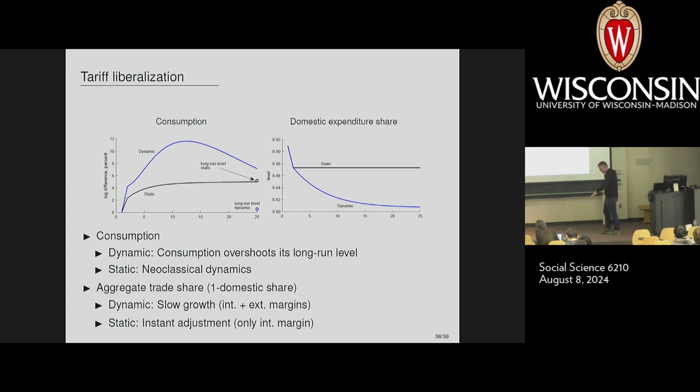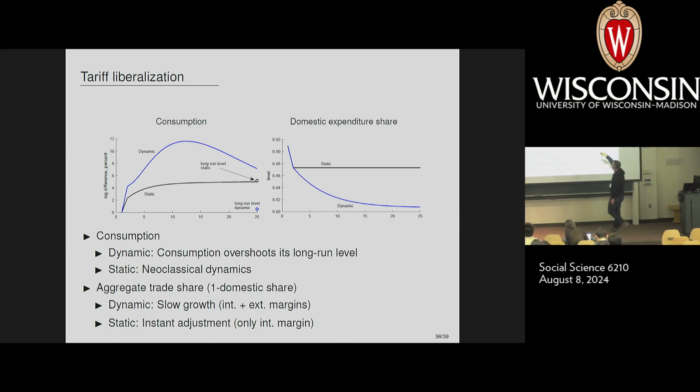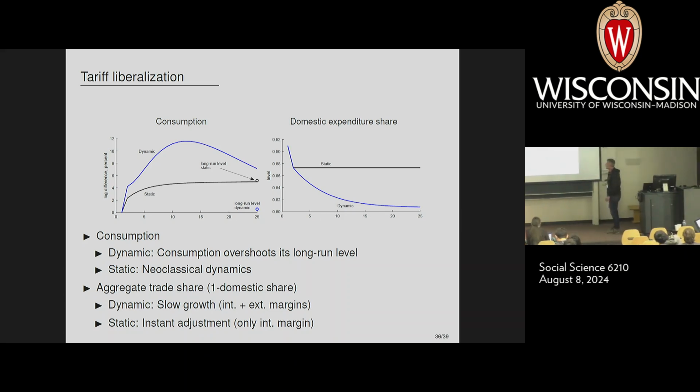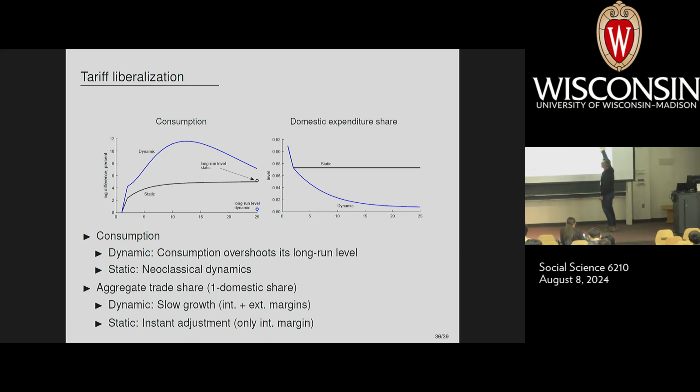Right? This is falling because we're now buying more stuff from the rest of the world. We're importing more stuff, so we're spending less money on our own goods, right? And you're getting this kind of gradual dynamics here. This is sort of easier to understand than the consumption. This is exactly